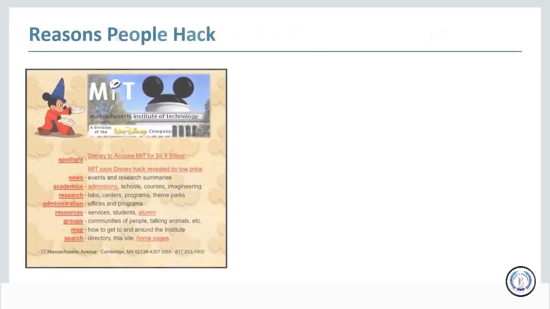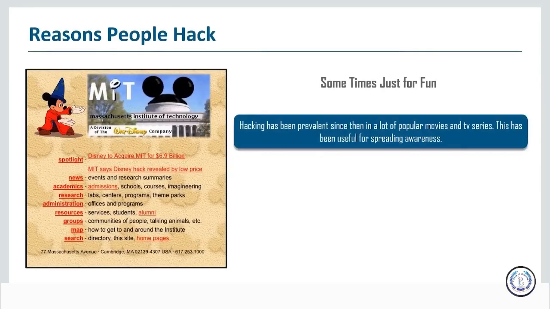Okay, so now that we have talked about what exactly hacking is and how the meaning and connotations of that word have changed over time, how it came into existence, how it was coined, let's go over the reasons that people normally hack. Now, you may want to hack just for fun. As discussed previously, hacking is a tradition that goes back several decades at MIT, even preceding the computer related definition of hacking. Now, MIT has a long and storied history of hacking, sometimes of a computer related nature, which in this case happens to be true, and sometimes of a non computer related nature.